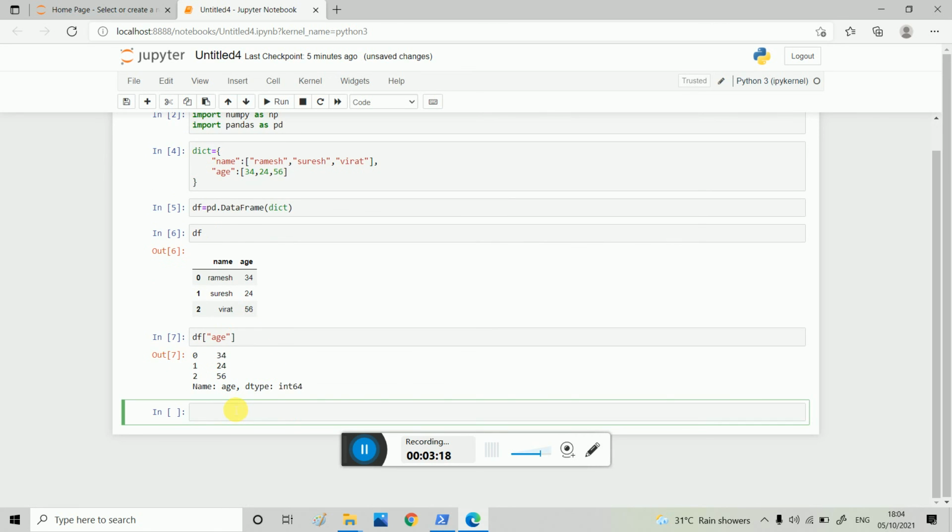We can also create one: a is equal to pd dot Series, and then np dot random dot rand, take 23.